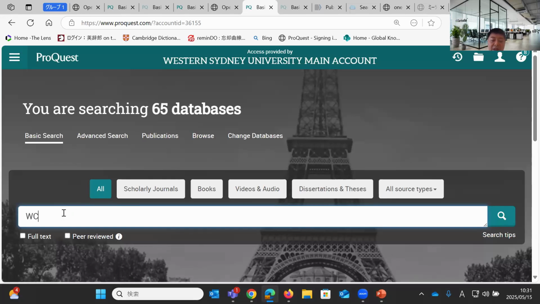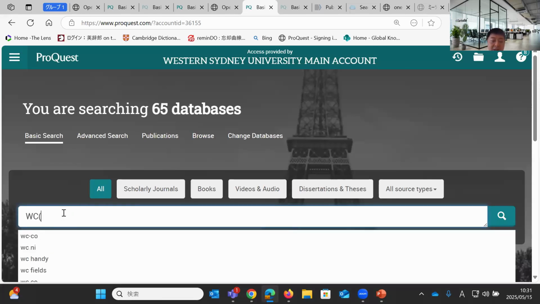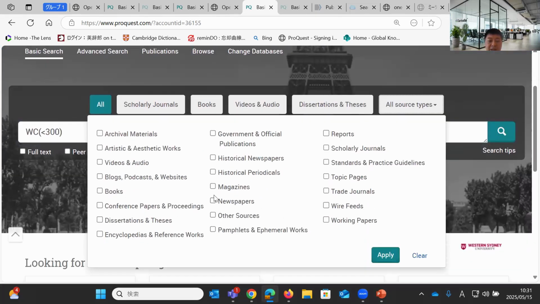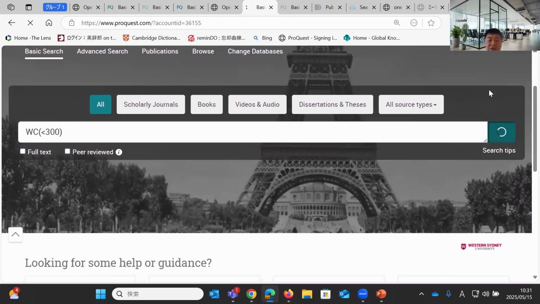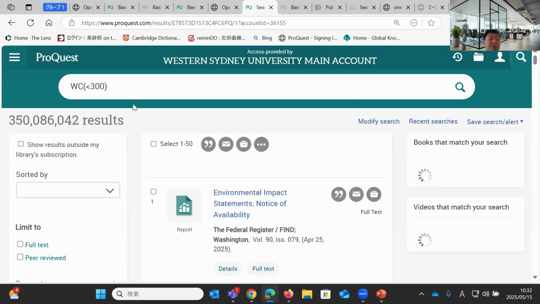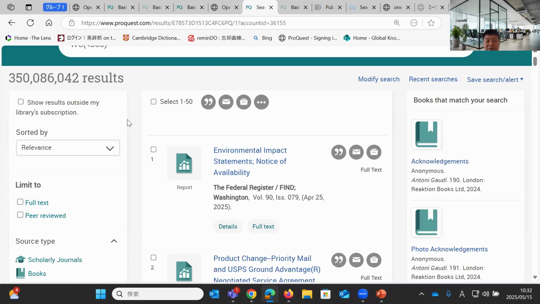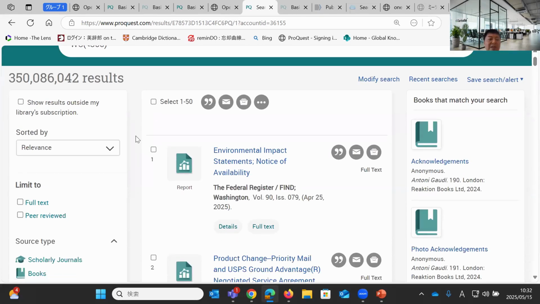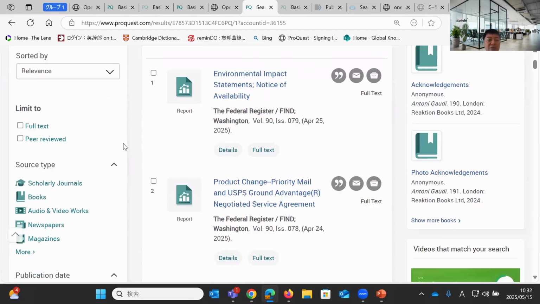So WC, parentheses, greater than or smaller than, in this case 300, also type newspapers, and search. So it's good to know these field codes sometimes. The advanced search interface covers many of the fields, but I don't think WC is there actually in the advanced search. I'll show you what I'm doing.